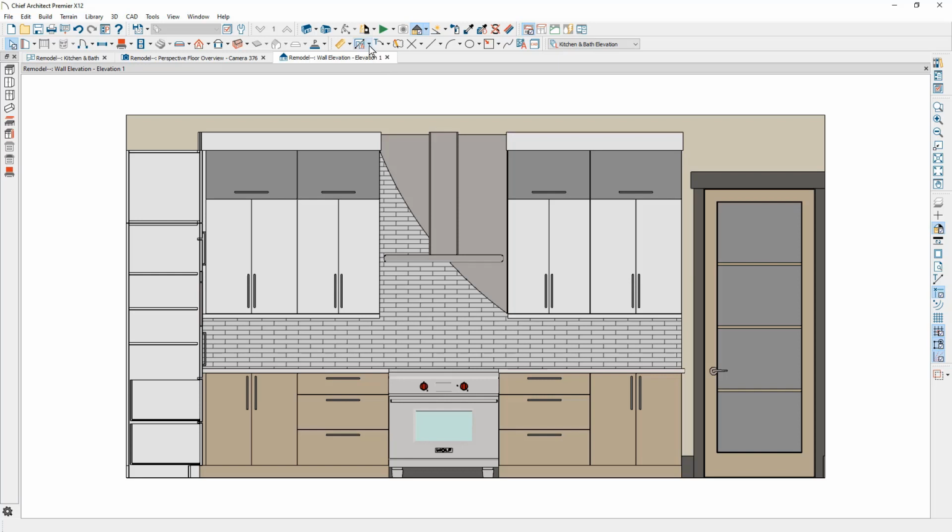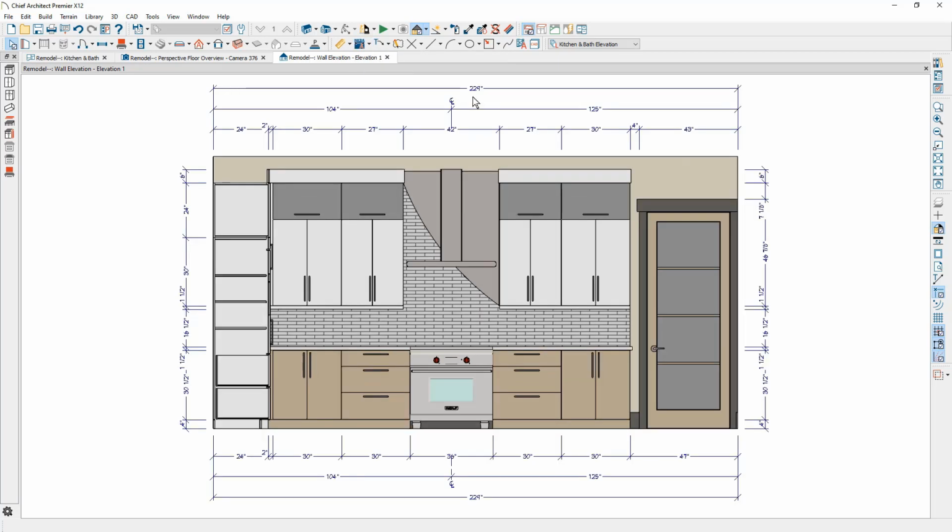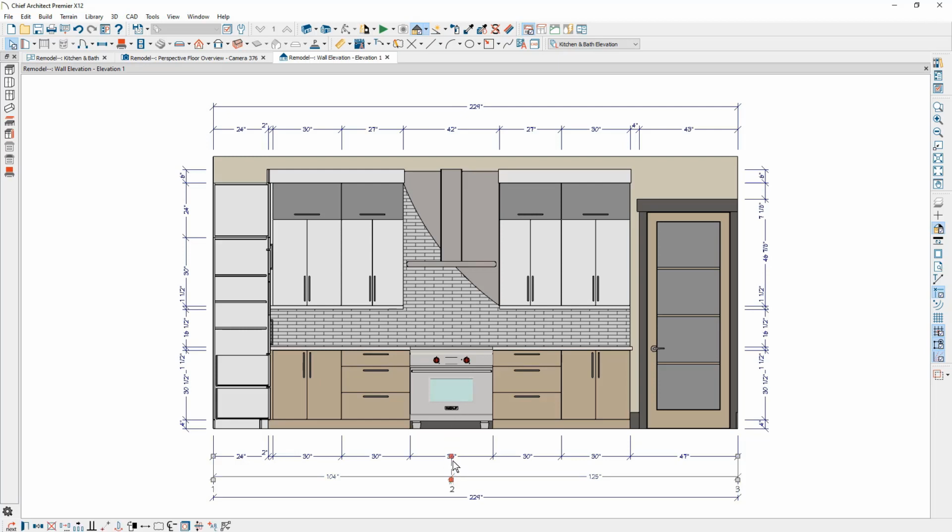To place the dimensions, go ahead and use this NKBA Auto Elevation Dimension tool. These dimensions automatically place. You can clean them up however you'd like. Oftentimes I don't like to repeat the centerline dimension at the top if it's covered from a dimension on the bottom. One of the things that I like to do in cleaning up my elevation views, you'll notice this full height cabinet that we cut through is showing the details of the internal shelves and other face items for that cabinet.